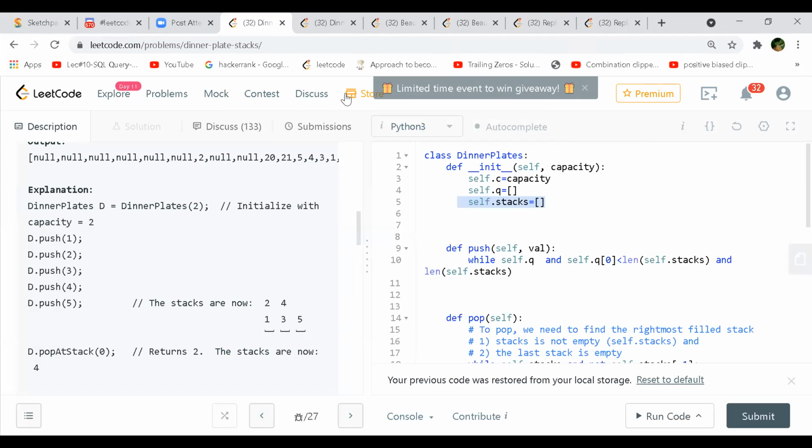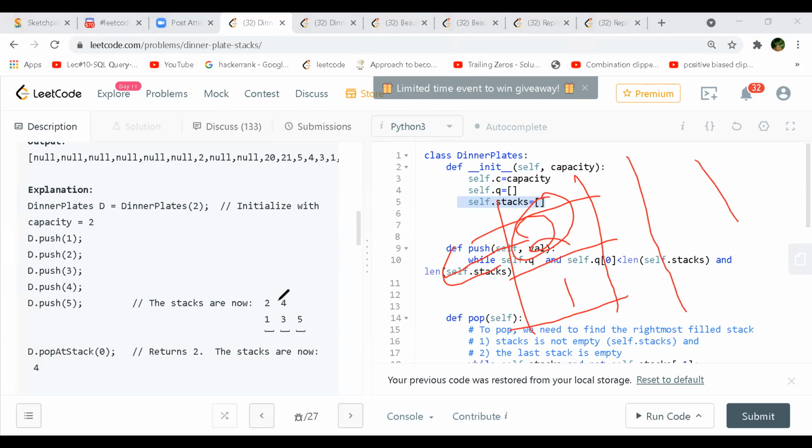Let's say stack one is just a normal stack, right? So you keep on pushing whatever you are asked to push, then two, then you are asked to return the top. So two will be returned. There is nothing called maximum or minimum. Next time when it is full, let's say you have to push three, so it's put here, followed by two. It's a normal stack. It's not a priority queue. Okay.